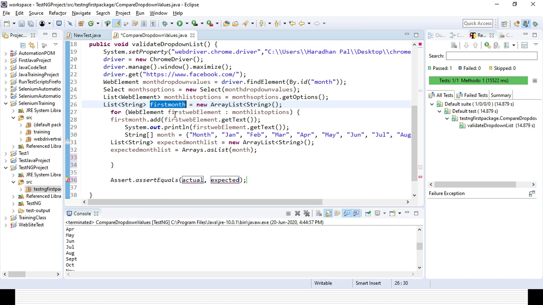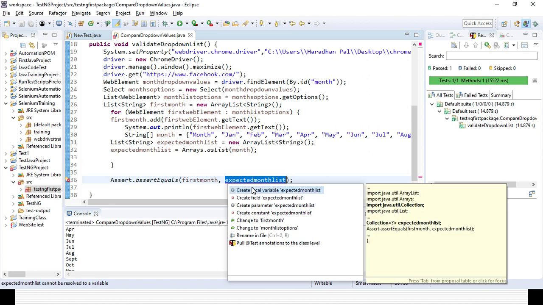First month, and my expected will be that expected month list, right? And yeah, you can see some error is coming because you need to create a local variable.